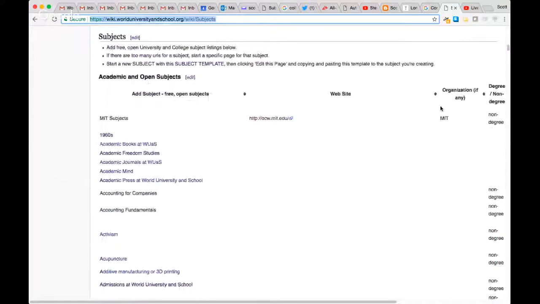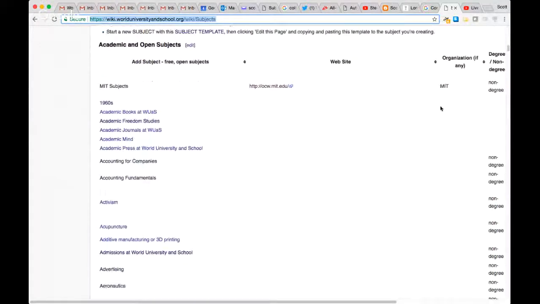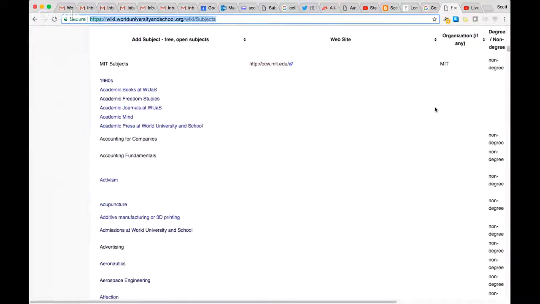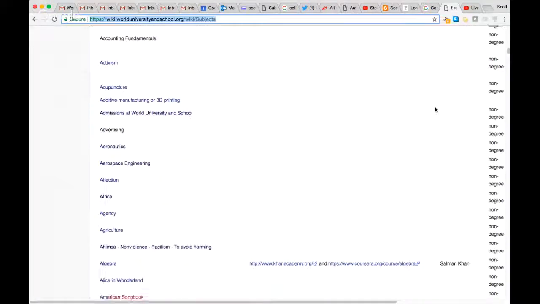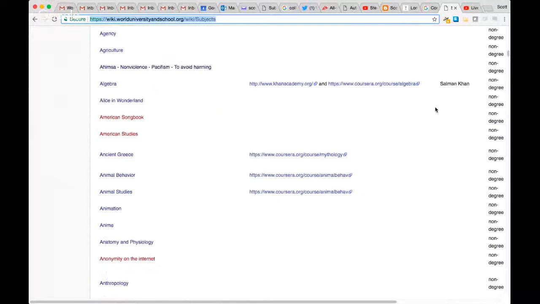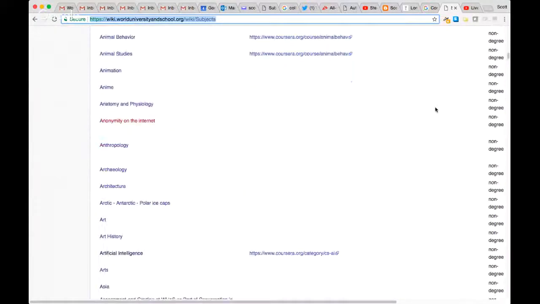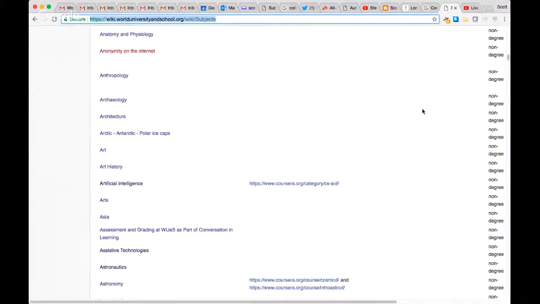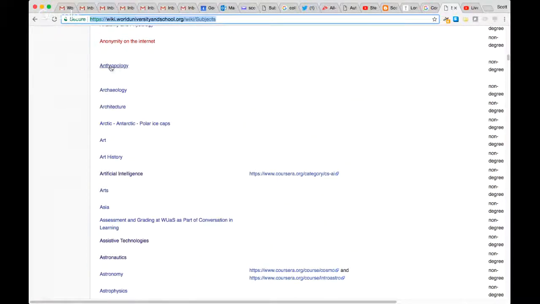At the top of every academic wiki subject page, and let's say we go to, as I scroll down these open-ended wiki subjects, let's go to anthropology. I'm an anthropologist.